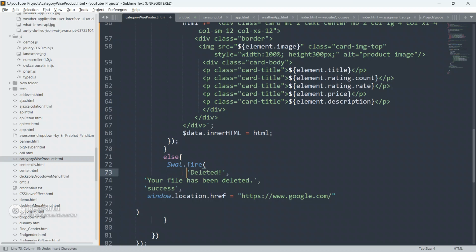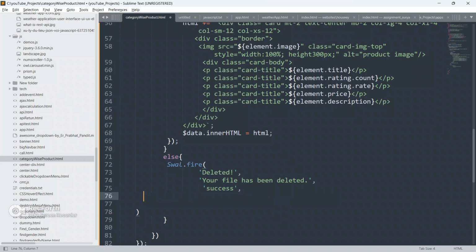Paste it here. We don't want to go anywhere, so we'll remove this window.location.href, and return false.